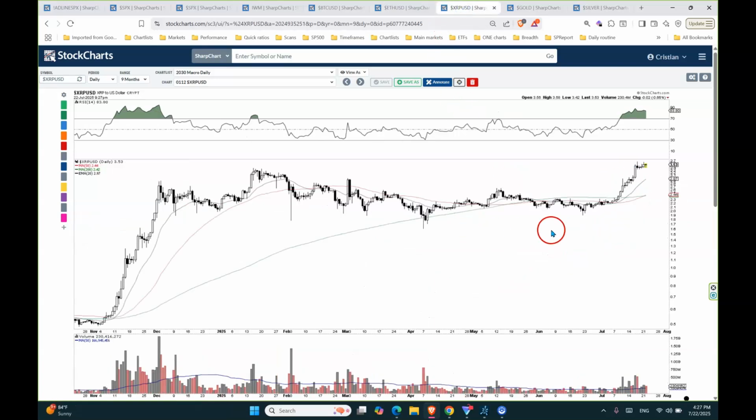Then we're taking a look at the XRP, which this move in here kind of screws up a little bit the way the chart looks with this long consolidation, but beautiful breakout. The RSI sits at 83, and if you're thinking that the RSI cannot continue to go for at least a few more weeks at this rate, I invite you to take a look at your left, where basically we broke from 60 cents and we went all the way up to almost $3, and the RSI just continued to go, and we consolidated a little bit, then we broke higher, we consolidated a little bit, then we broke higher,